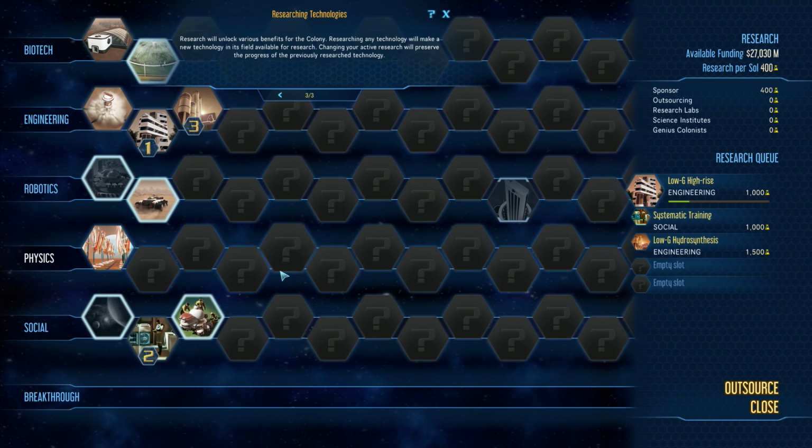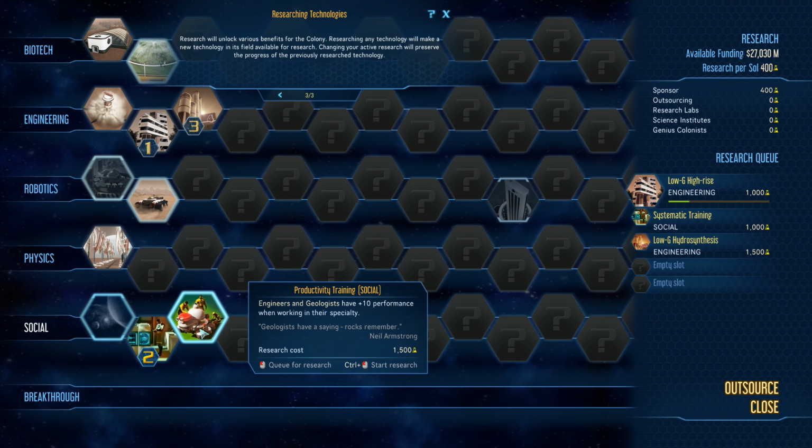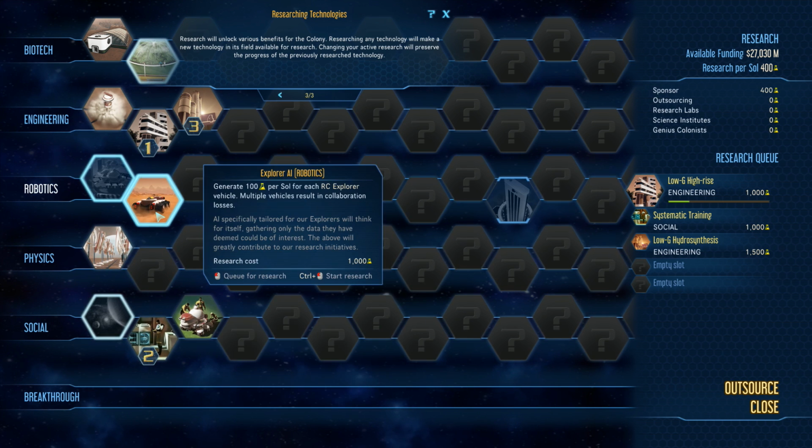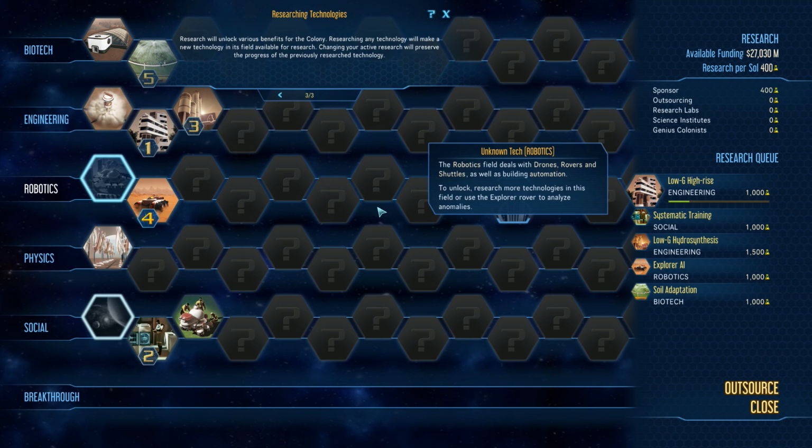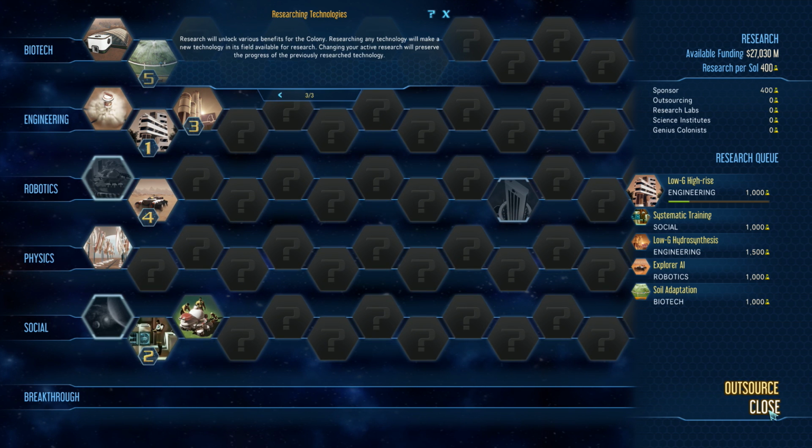So we still have our 1, 2, 3. The new techs we got: engineers and geologists have plus 10 performance when working in their specialty. Generate 100 per soul for each RC explorer. Multiple vehicles result in collaboration losses. So this might not be a bad one to get into. And then soil adaptation. This is for the farm. We'll stick that on our 5 slot. We'll close the...